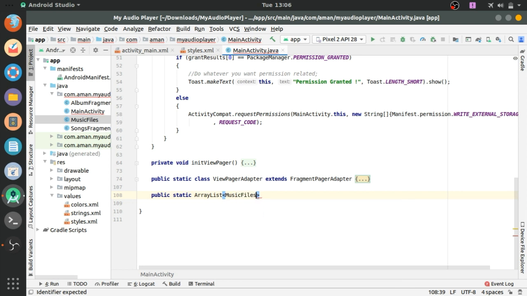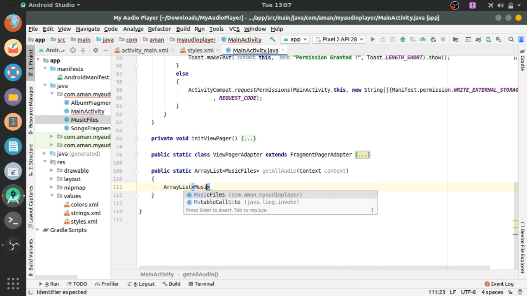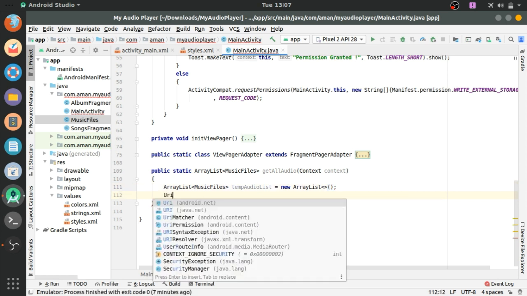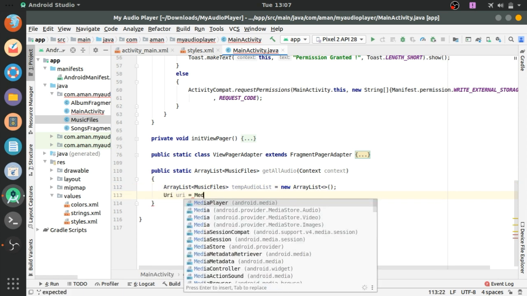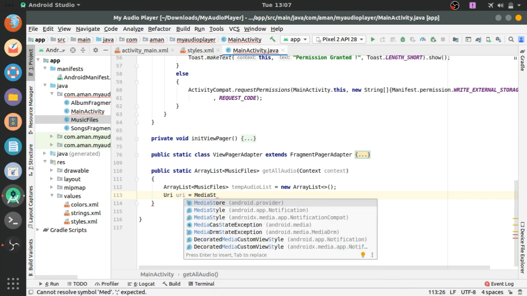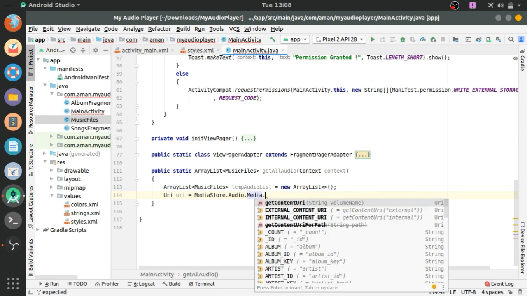Public static ArrayList<MusicFiles> getAllAudio, and the argument will be Context, which we will pass when we use this method, and an ArrayList<MusicFiles> tempAudioList, a temporary array list that we will use to return for this method.